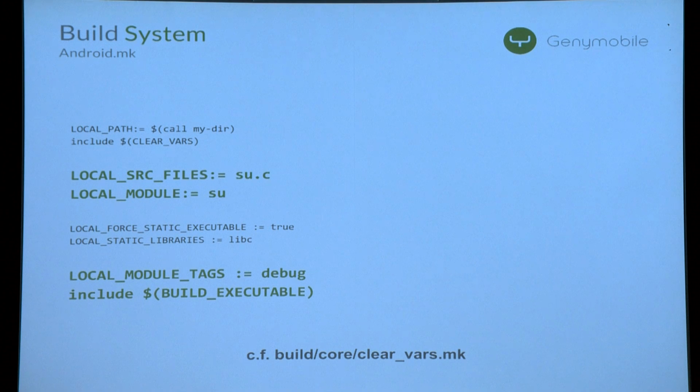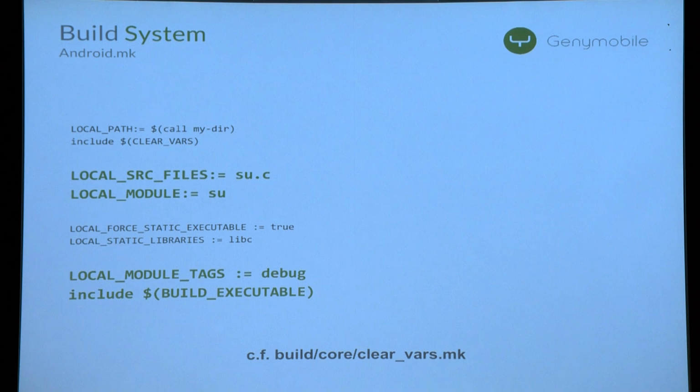But the important parts are where you describe the files you want to build, so it's LOCAL_SRC_FILES. You declare the name of the module, SU, and if you remember in the device.mk, there is a definition of